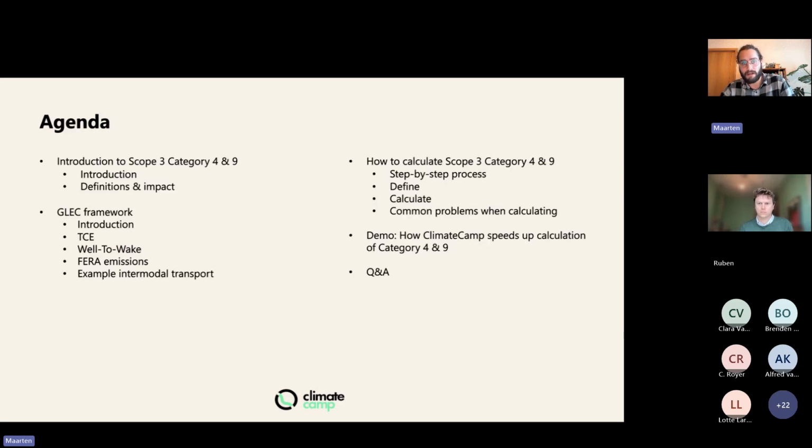Now, what are we going to talk about today? I am going to give a short introduction to Scope 3, Category 4 and 9. I'll give some definitions and speak to the impact of transport emissions as a whole. And then we'll focus a bit on the GLEC framework, which we use as a basis for calculating transportation emissions. Then we'll move on to how to calculate Scope 3, Category 4 and 9. Afterwards, Ruben will give a demo of how ClimateCamp helps with these calculations, and we'll also have a Q&A at